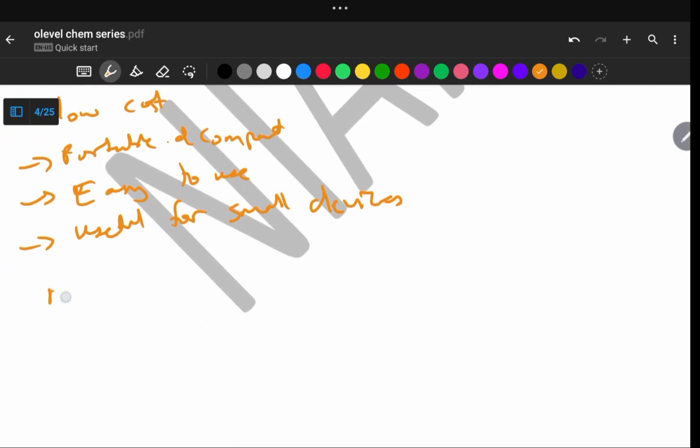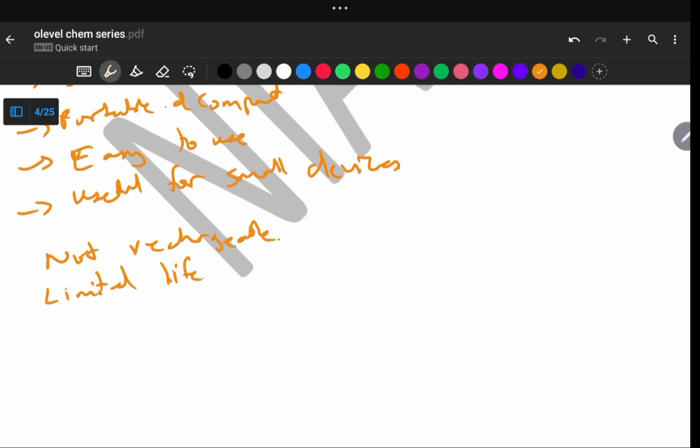And then for the disadvantages, we can say that it is not rechargeable. So this is the main disadvantage, right? We can also say that it is for limited life, since the zinc container can gradually wear off, right? And then we can also say that the paste can leak out when the battery is old,